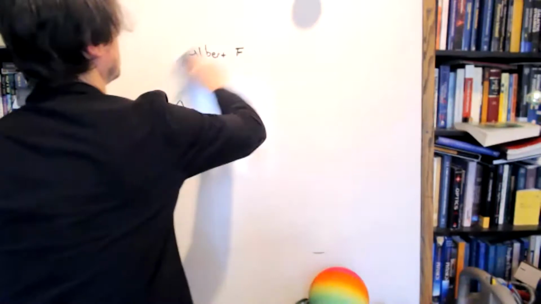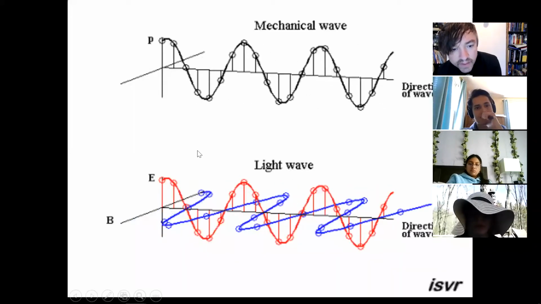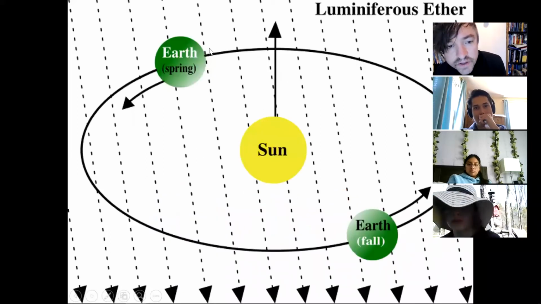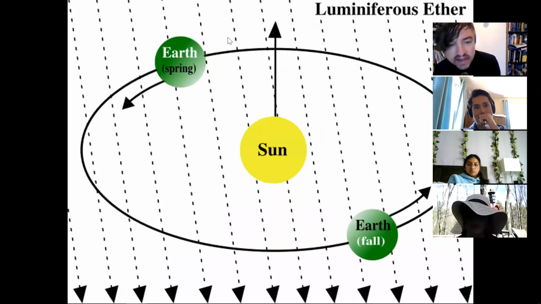There's one last issue, and Einstein claims to have not known about this. There was a legendary experiment known as the Michelson-Morley Experiment, conducted by the same people that designed that cool interferometer that I told you about a few slides back. One of the confusing things about light is that light is a wave, and most waves have a medium. For instance, if you make waves on a rope or a string, the medium of the wave is the string. In an ocean wave, the medium is the water.